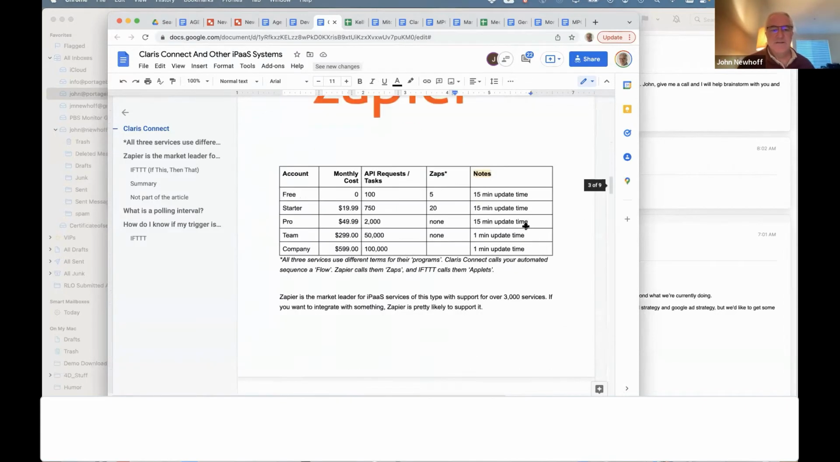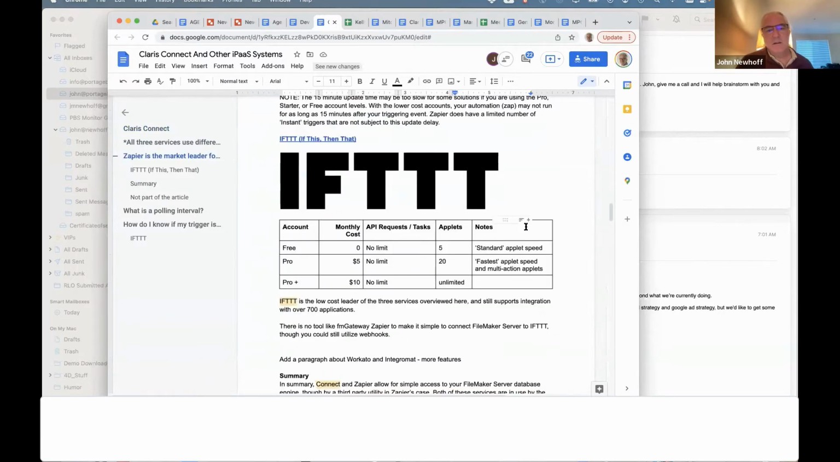The IFTTT iPaaS system is a little bit different. It's trying a little bit less to be a general purpose business platform and a little bit more to be a platform for high-end consumers trying to integrate things like their robot vacuum cleaner with their Amazon Echo implementation. It has a lot of information on its site about integrating different APIs for high-end consumer